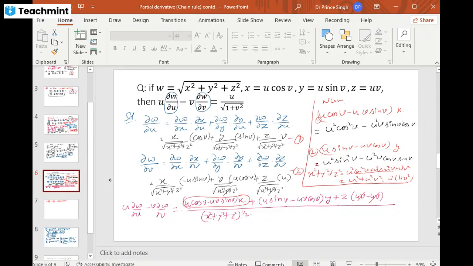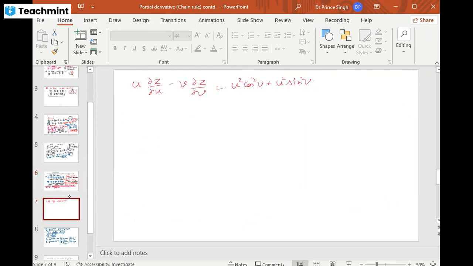Okay, so here we already have a negative sign. So basically this sign is positive and this sign is negative. So here we have a positive sign and here we have a negative sign. So this term and this term get cancelled out. So we are left with only u square cos square v plus u square sin square v in the numerator,